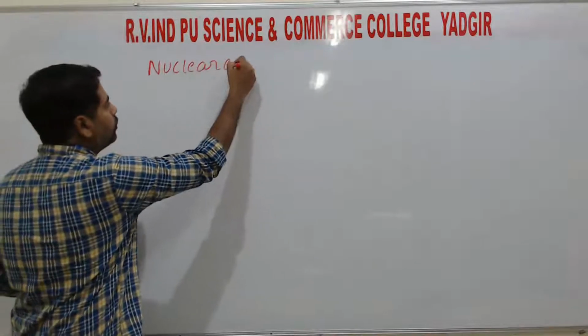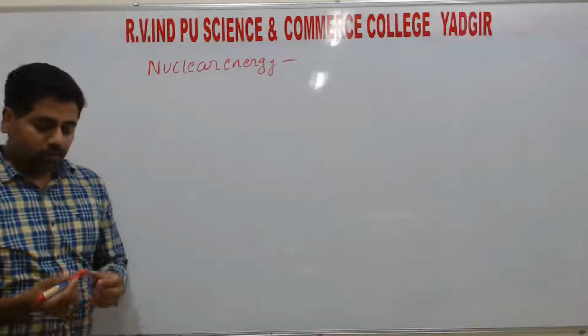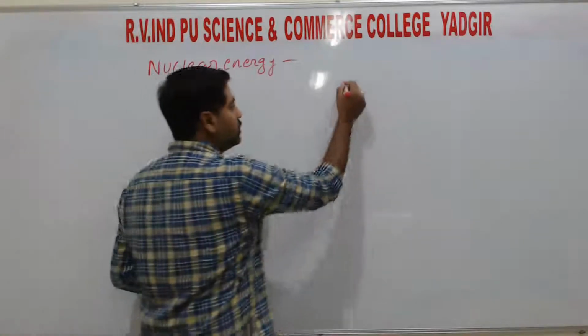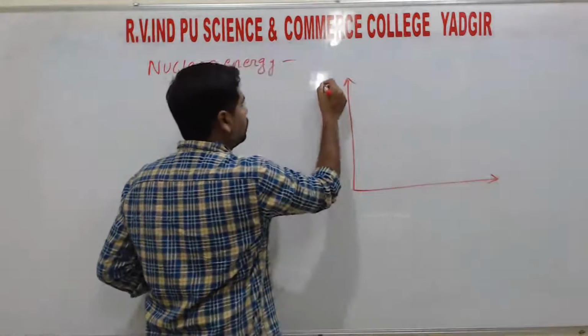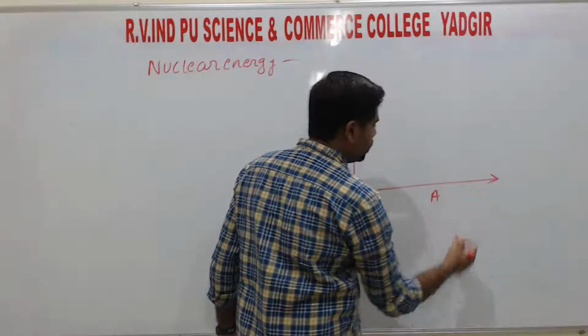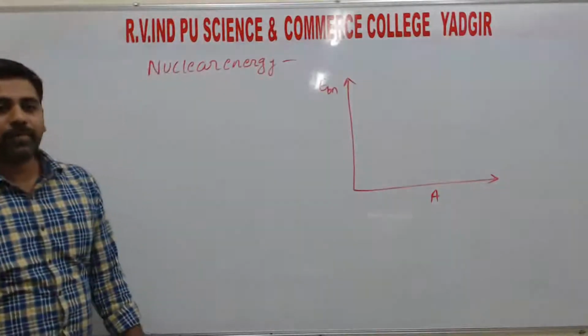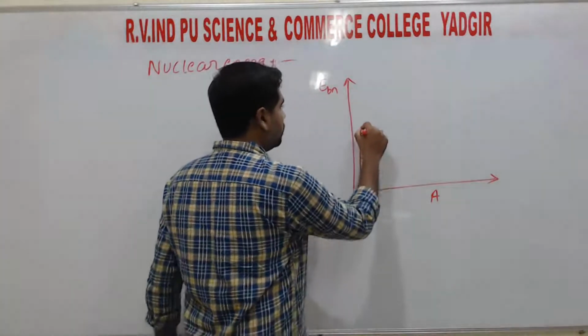Nuclear energy. Right. So, as we already discussed, the relation of binding energy per nucleon to the mass number A. That means specific binding energy to the mass number A. We have the graph